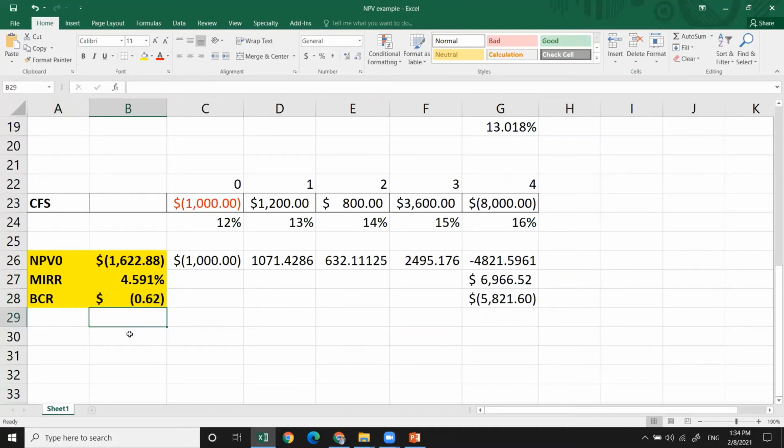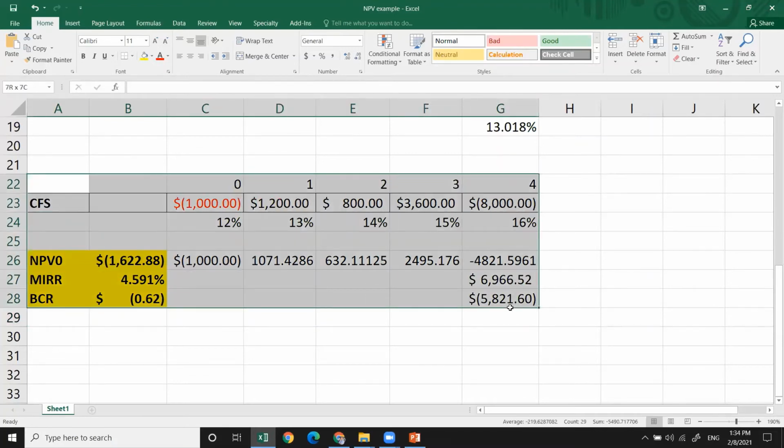Now, what I want from you, I will give you an example. You will calculate NPV, MIRR, and benefit cost ratio, and you will present to me, explain it, and then you can leave the conference. I want to be sure that every one of you understands how the NPV is estimated, how the MIRR is estimated, and how the benefit cost ratio is estimated. If you are capable to explain it and give the clarification for your calculation, then you can leave the conference without any problem.